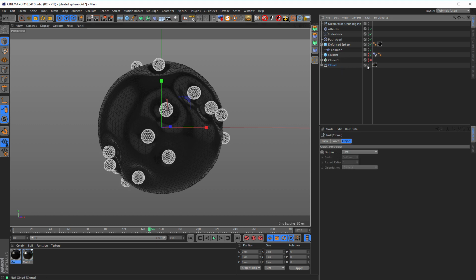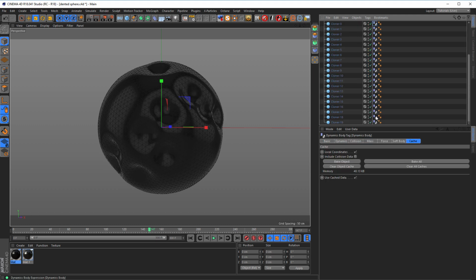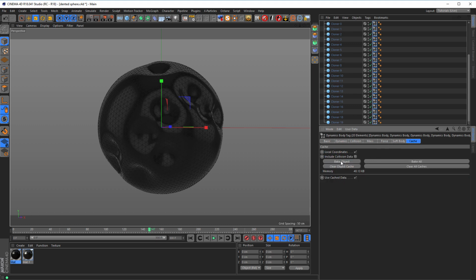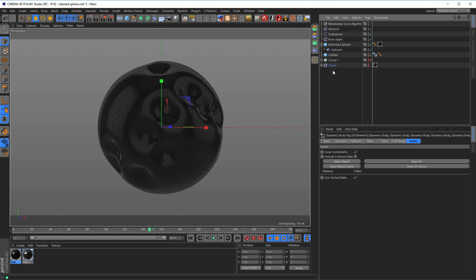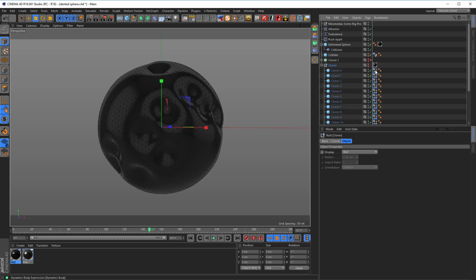Let's hide here everything. Let's delete or disable the animations. And clear object cache, don't need it here now. I don't even need, oh yes, I need them, but I don't need the